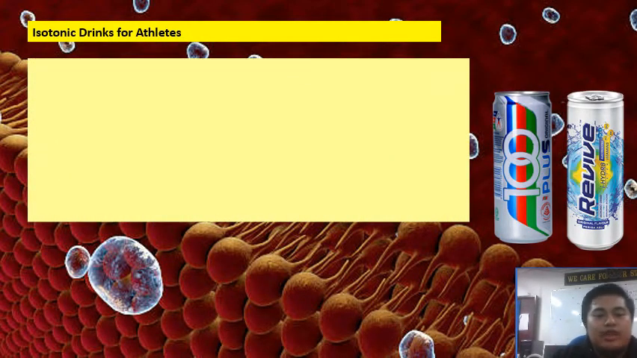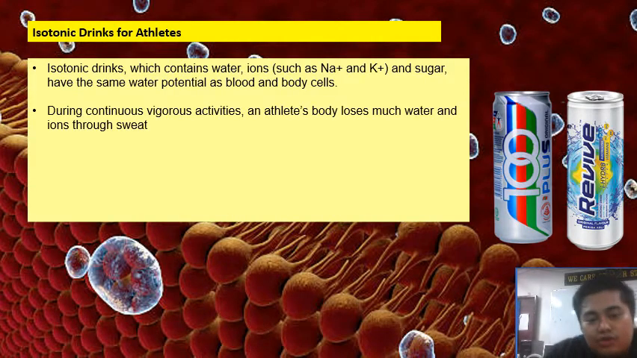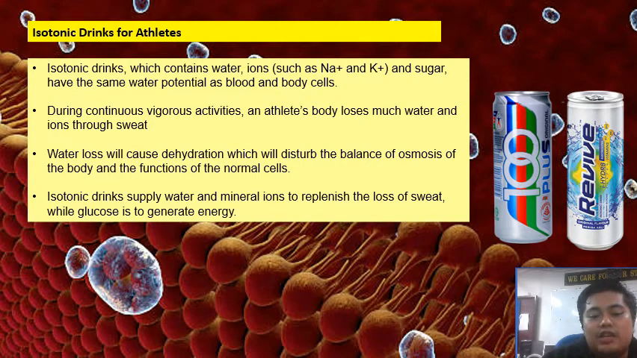So next, isotonic drinks for athletes. So isotonic drink which contains water and ions as well as sugar has the same water potential as the blood and body cells. So during continuous vigorous activity, an athlete will lose much water and ions through their sweat. So the water loss causes dehydration, which will disturb the balance of osmosis in the body and the function of a normal cell. So isotonic drink supplies water and minerals to replenish the loss of sweat, while the glucose is